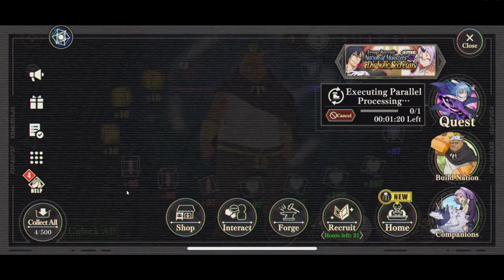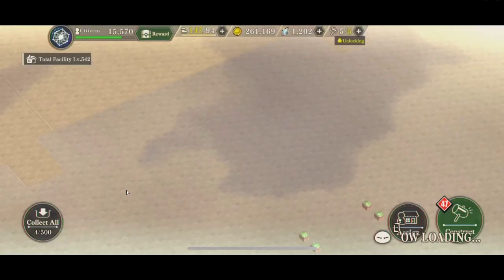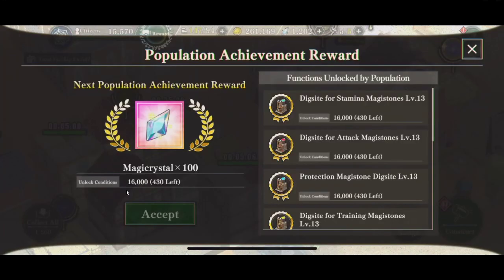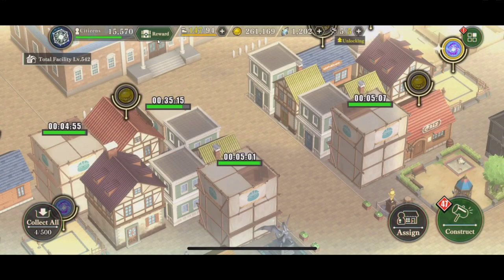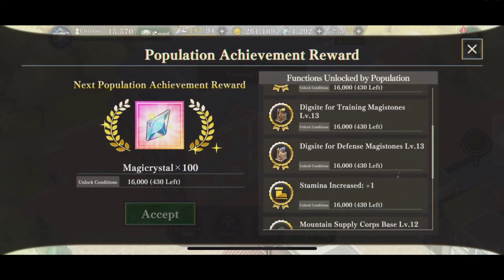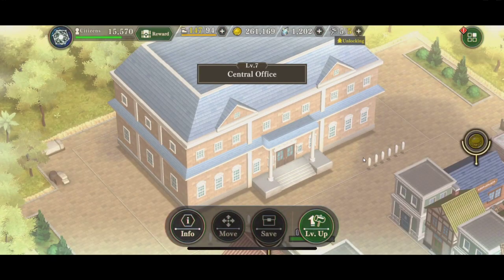Second tip is where to increase your max stamina, right? Right now I have 94 max stamina. You go to the little reward tab up here. You get max stamina by increasing your population. Right here, stamina increased at 16,000 population for me. That is how to increase your max stamina. The next thing I want to show you